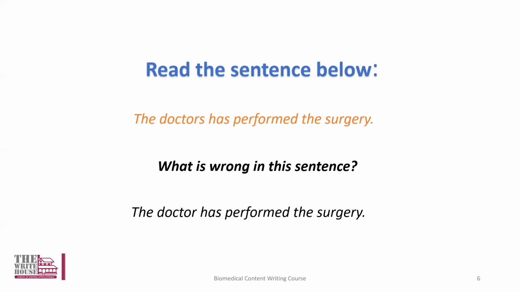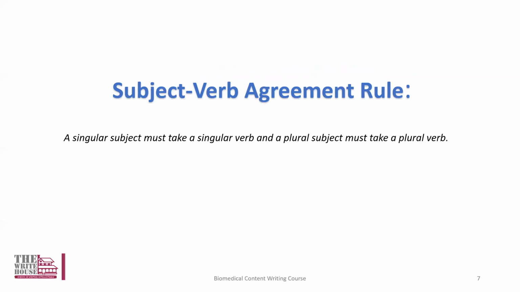Now, this looks very simple, but the problem arises because this sentence is very simple. You can easily understand, but there are sentences where this problem arises because you are not able to locate where the subject is and where the verb is. Sometimes there is a distance between the subject and the verb, and that distance can confuse you when you're writing the sentence. We'll see how that affects. The subject verb agreement rule says a singular subject must take a singular verb and a plural subject must take a plural verb. Just as we saw,